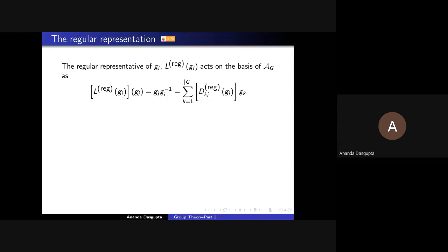What will it be? Will it be a combination of group elements or a single group element? So it has to be a single group element, right? Just because you have started talking about combinations now that you have this algebra AG, doesn't mean the original thing has changed. You multiply two group elements, you get a group element. So what can you say then about this D_kj(g_i)? This, remember, is nothing but the jth column of the matrix, of the representative matrix. What can you say about the jth column of the matrix?